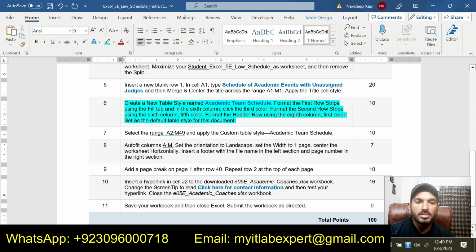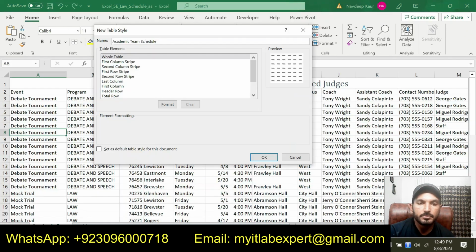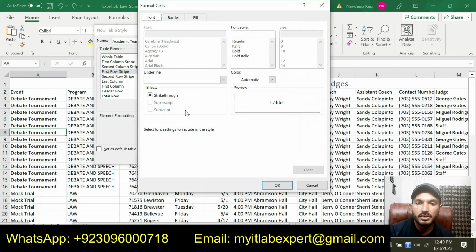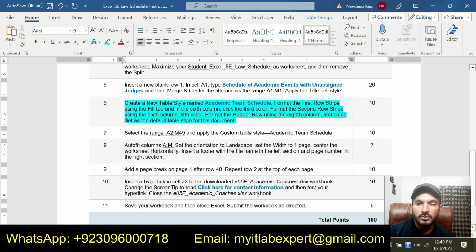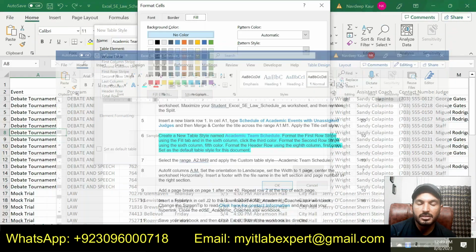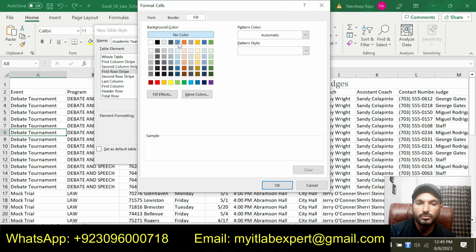Format the first row stripe using the fill tab, and in the sixth column click the third color. So third, fourth, fifth, sixth, third color, this one.